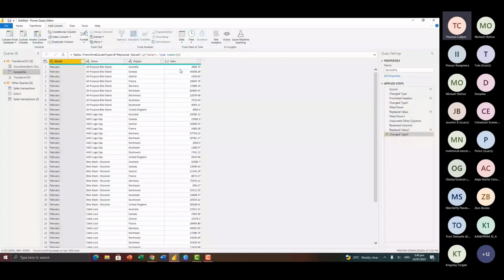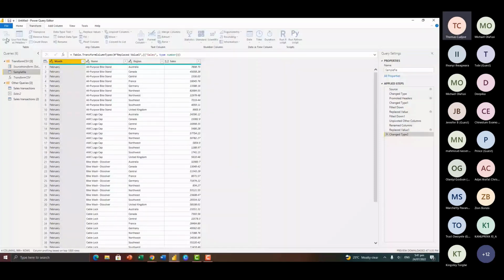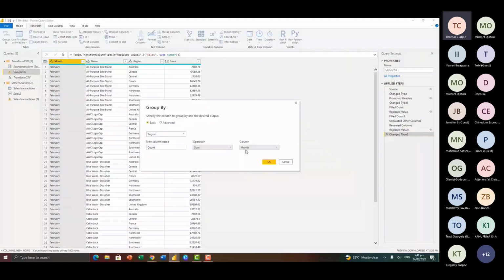And I'm going to group this by region. And then the aggregation I'm going to add here is to sum the sales column. So I'll pick sum, and I'm summing the sales column. I can give it a name, total sales, or maybe total revenue. And click OK. Now this will aggregate this.